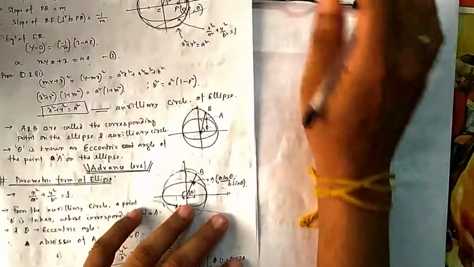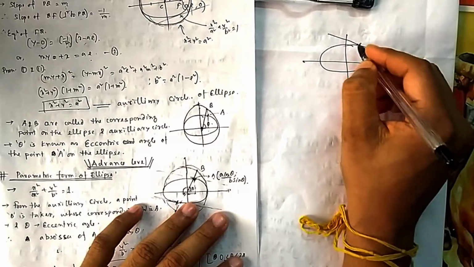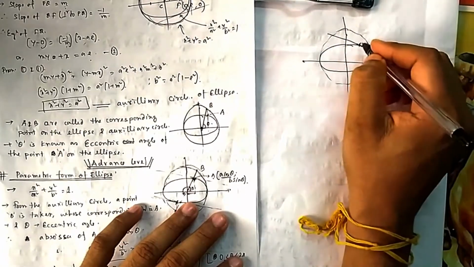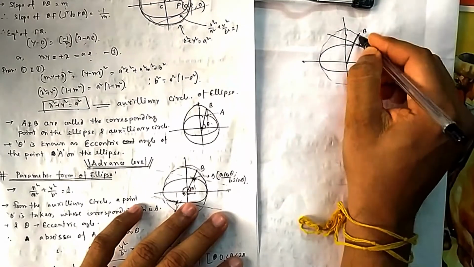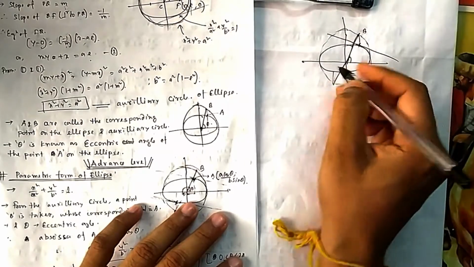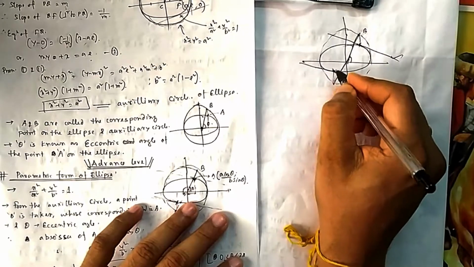You can draw it one more time. Suppose you have a tangent over here. So this is the tangent. If you draw its auxiliary circle, this is its auxiliary circle. So what is the corresponding angle? This is B, and the eccentric angle is this one, this is theta. If you go by this side also and draw the tangent here, these are parallel tangents. So you see this is the point of contact.